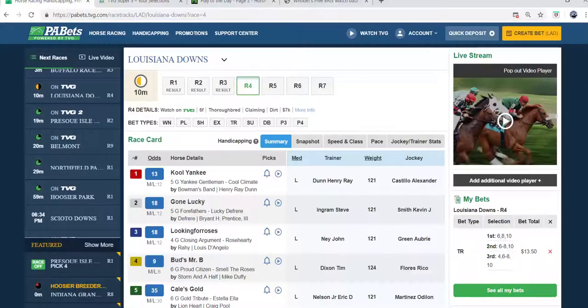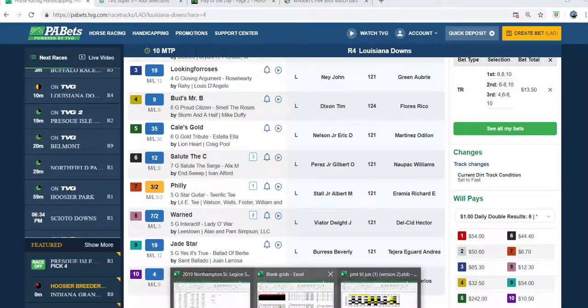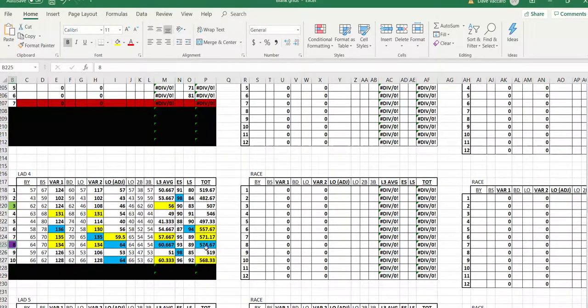Right now, with 10 minutes left, the 7, which is a 5-2 morning line, is our heavy favorite at 3-2. And obviously our 7, as mentioned before, does show up on our grid. Okay, it shows up in an also eligible 1, 2, 3, 4 times, and it shows up on top on our variable 2 grid. The 8 horse,